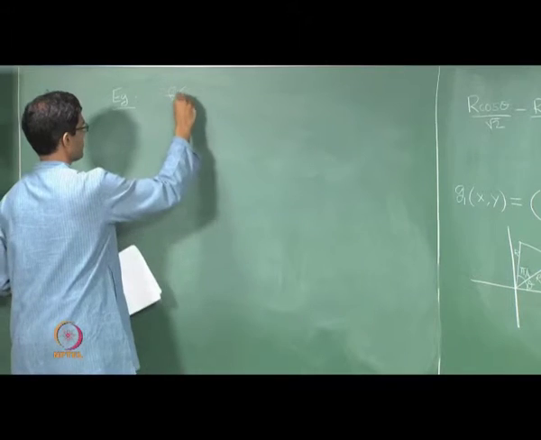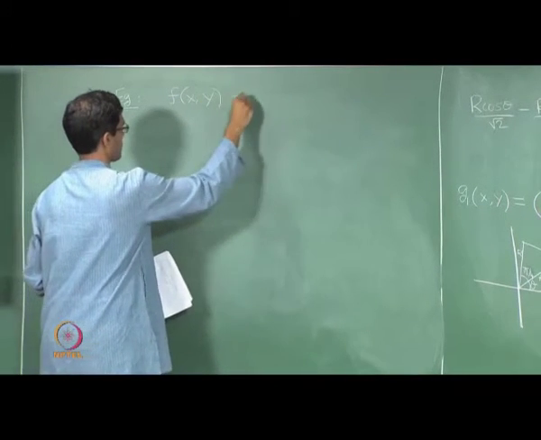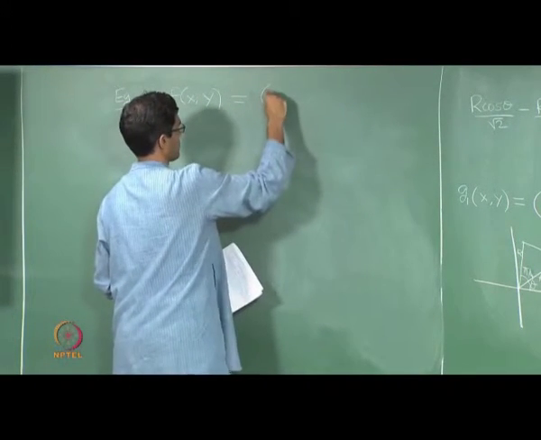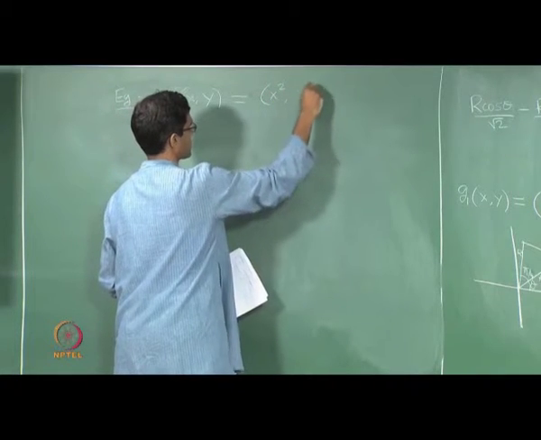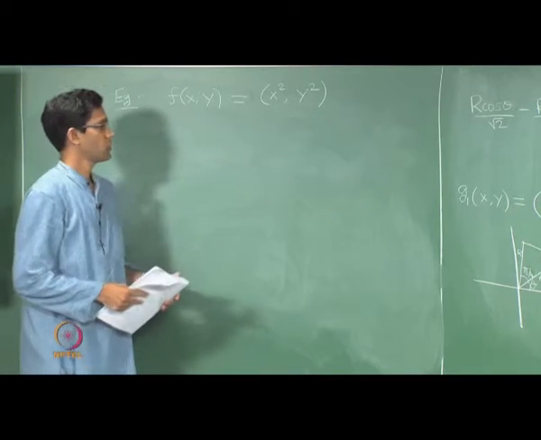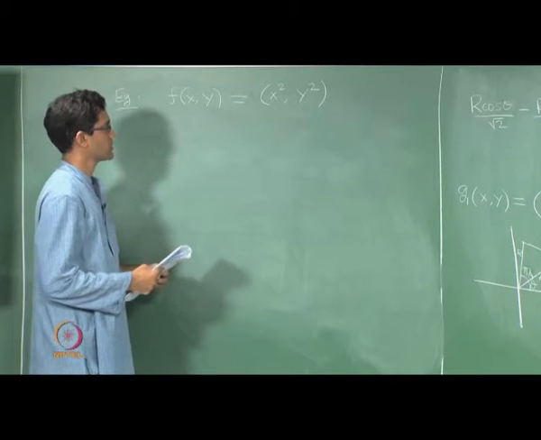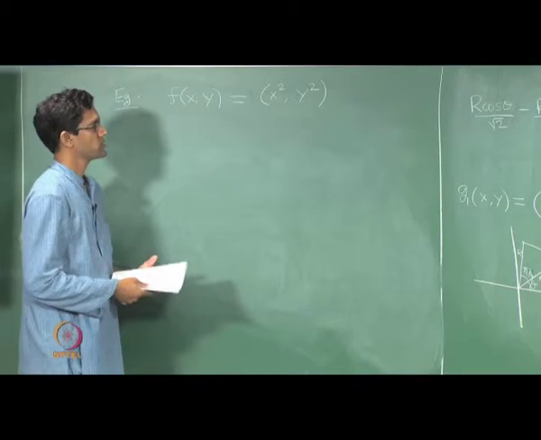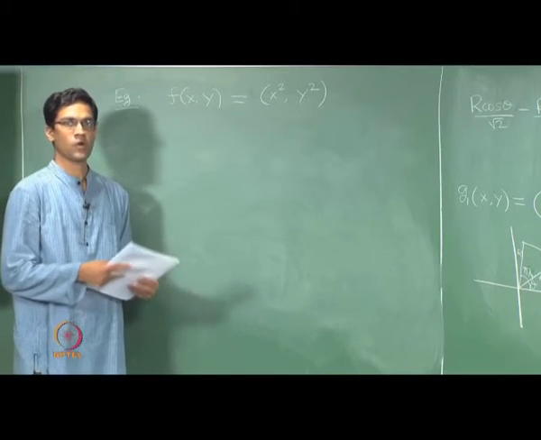Let's take the function f of x, y defined to be x squared, y squared. Okay. So, this formula is now again simple in a sense, but fundamentally different from all the examples we have